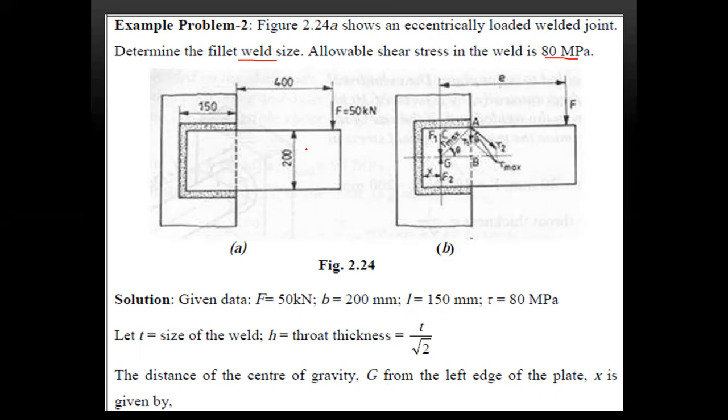The given data: F is equal to 50 kilonewton. P is equal to 200 mm. This breadth is equal to 200 mm. L is equal to 150. The allowable stress is 80 MPa. Let t be the size of the weld. h is the throat thickness, that is equal to t by root 2. The distance from the center of gravity G, see here G, from the left edge of the plate, x, is given by